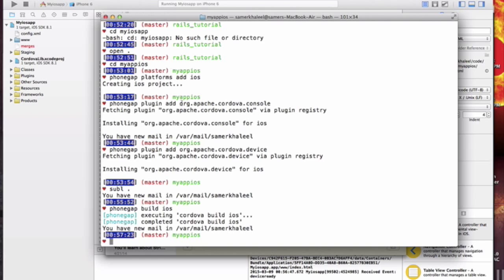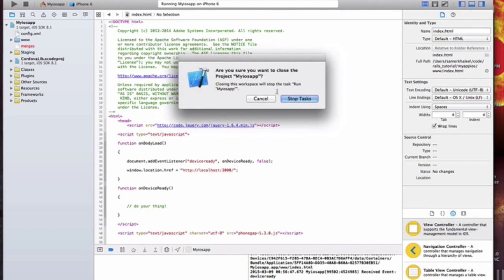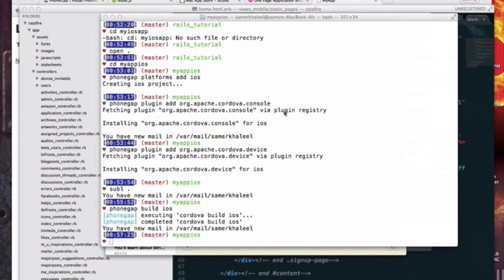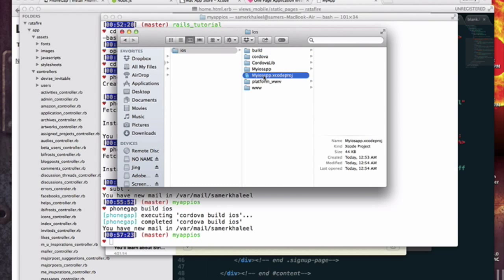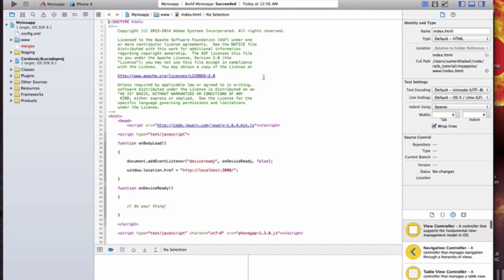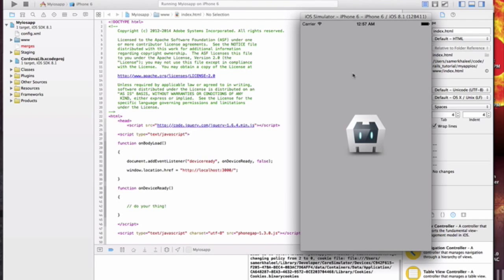it takes a couple of seconds. Now it's building. Just to make sure, we close this project and reopen it again. So here, and now I run my iOS simulator,